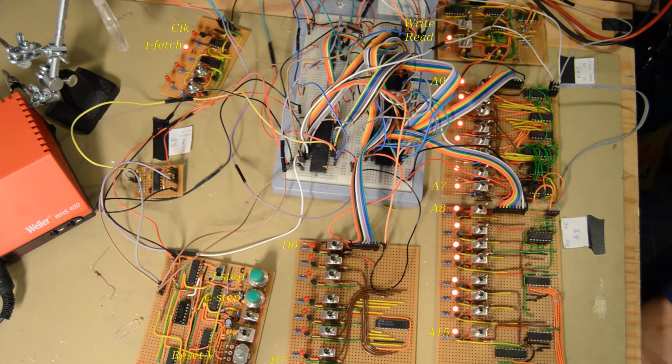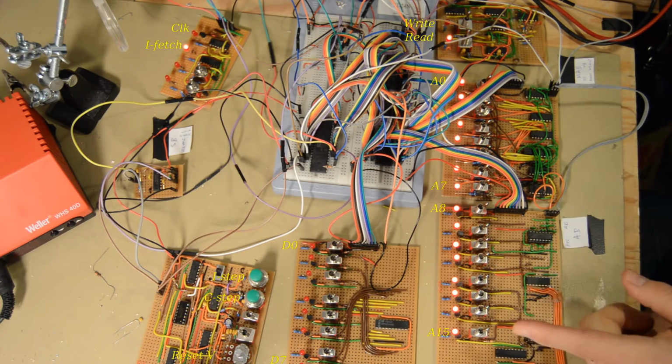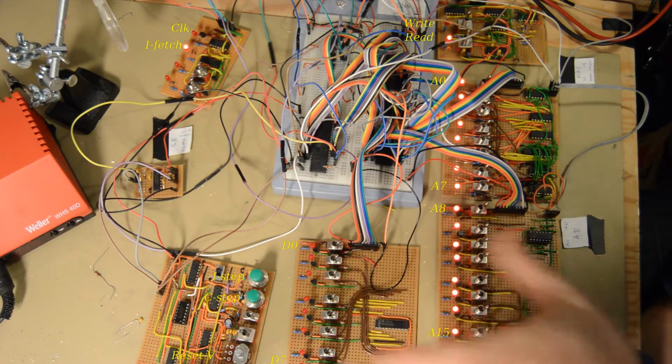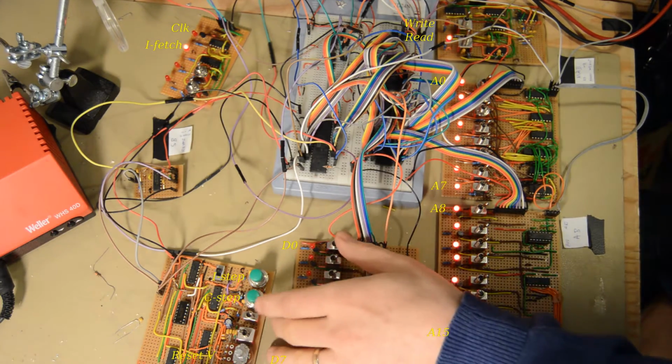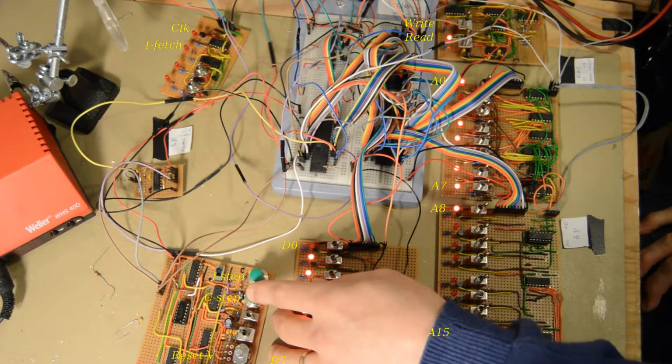But that doesn't mean that we actually fetch an instruction. It is just a part of the reset sequence. I will have to step it a couple of steps more before something interesting happens. And everything that happens up to now, until press number 8, is completely random. It doesn't seem to have any significant values whatsoever. It changes every time the CPU is reset. 3, 4, 5, 6,